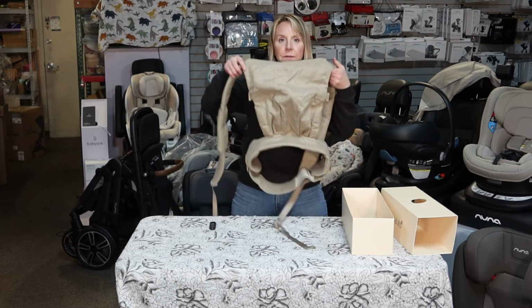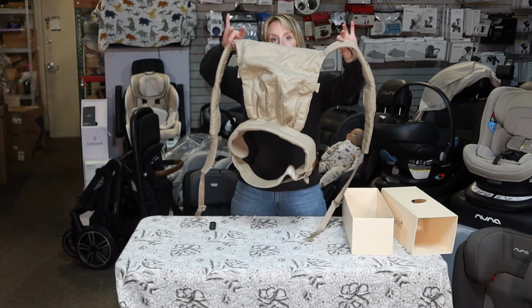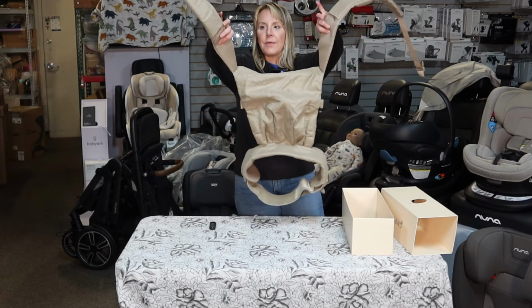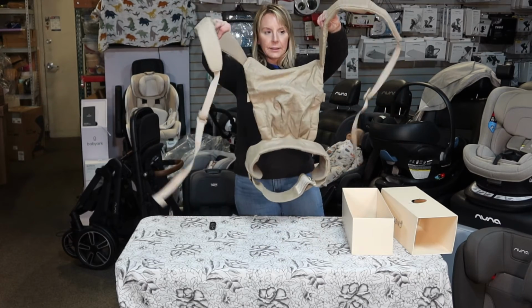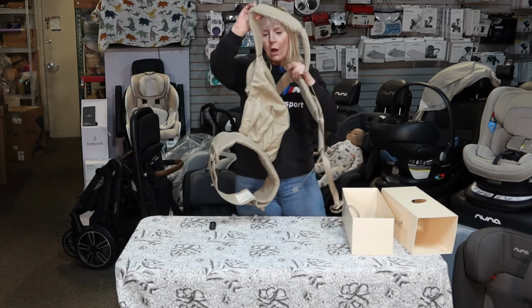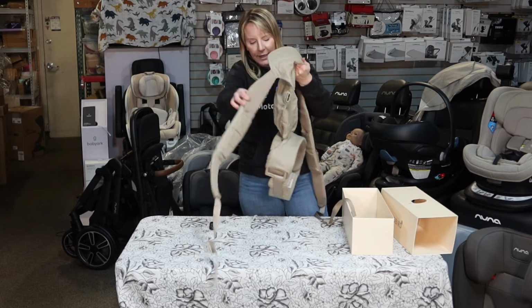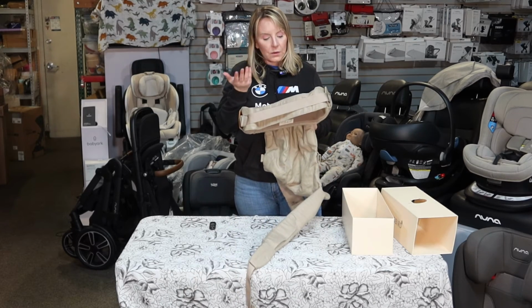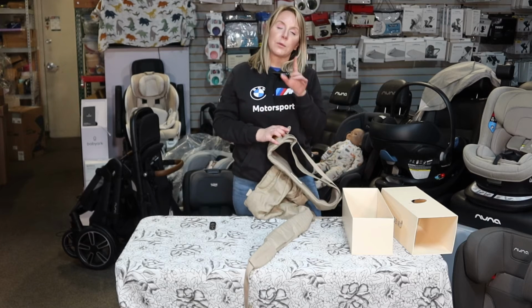The carrier itself, as you can see, is very simple. We've got a big ring in the center and then 2 shoulder straps here, with a male and female buckle clip on the shoulder strap. So pretty straightforward. The thing that I thought was most excellent about this one, so getting back to the linen